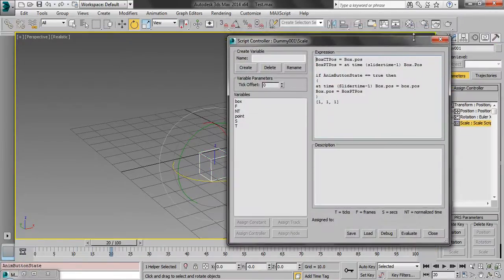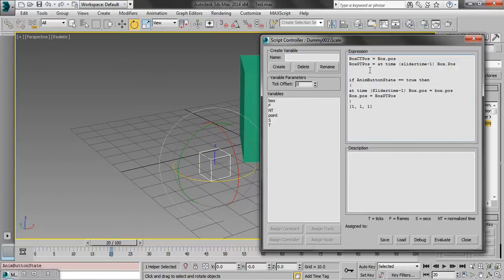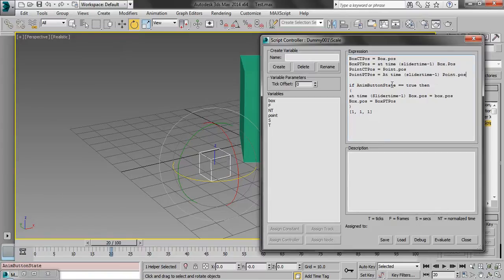I return to my expression. I create another two variables named point current time pause equal to point dot pause, and point previous time, or PT, pause equal to at time slider time -1 point dot pause. Now we set another condition for the if, which is anim button state equal to true,